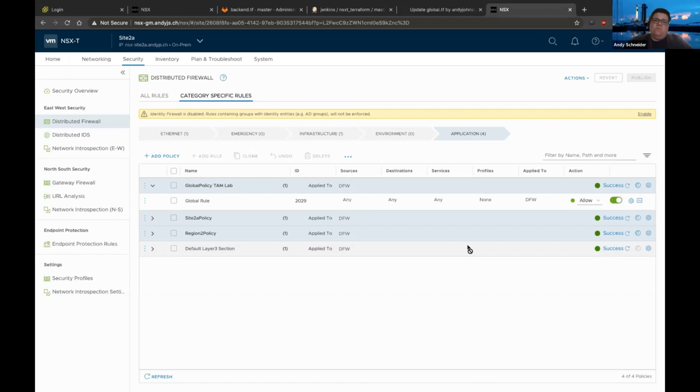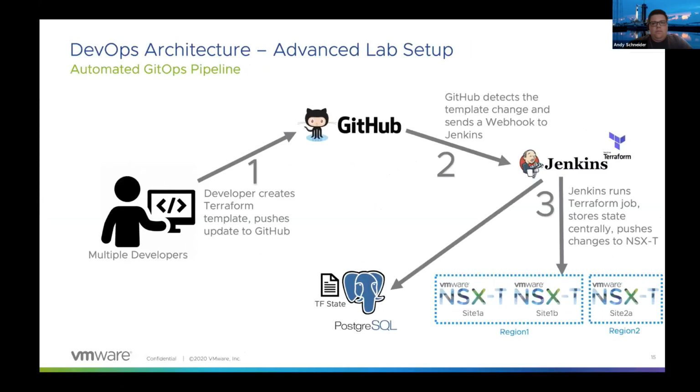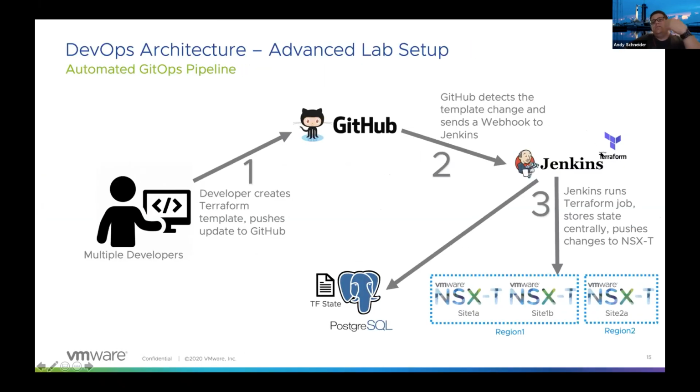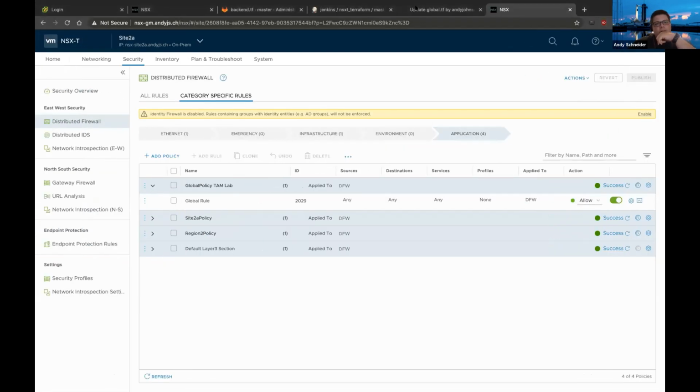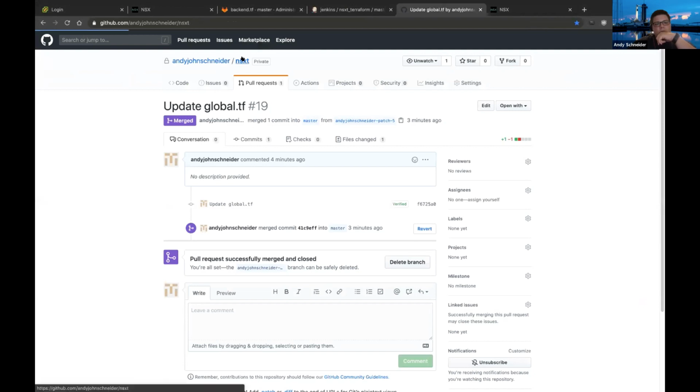So Jenkins really doesn't know that Terraform's there. So in other words, in this case, let me go back to my slides here. In essence, Jenkins is a Linux server, and it creates a directory every time it runs a pipeline. And actually, I could probably just show you the pipeline itself. But basically, it's just running shell commands. So I think that's probably the easiest way to answer your question, is just to show you